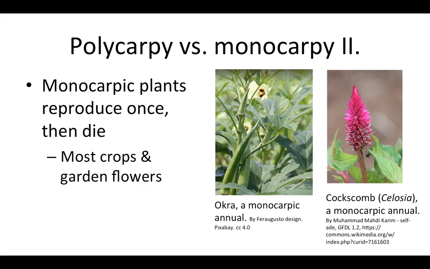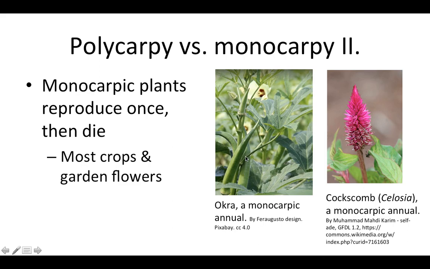Monocarpic plants reproduce only once and then die. This applies to most of our crops and many but not all of our garden flowers. So one example of a crop is okra, which I happen to be growing in my garden now, but I got a better picture from another source. And okra basically grows for a couple of months and then proceeds to make okra fruit for a couple of